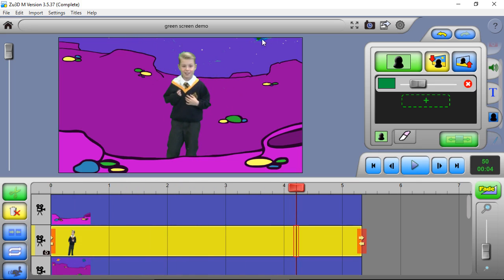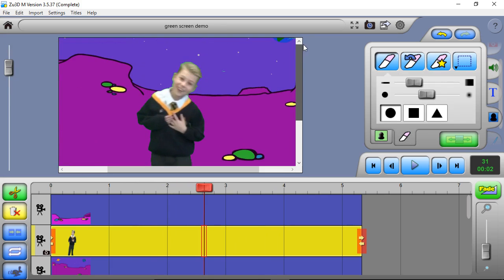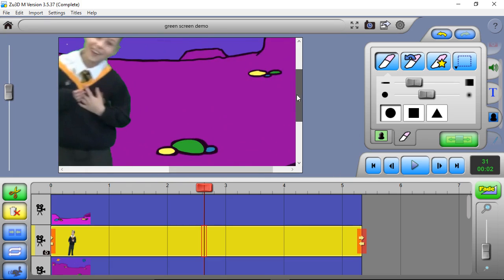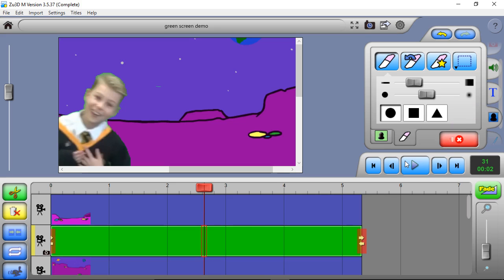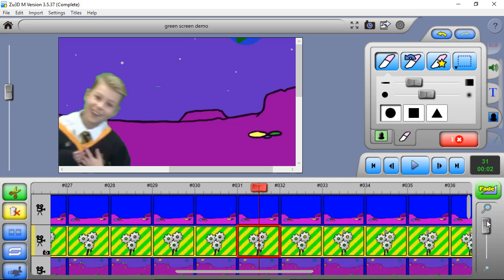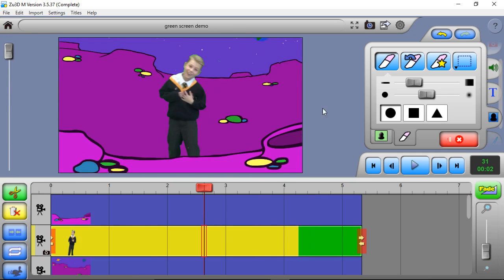Now, there's a few little bits of green that we can see up here. To get rid of them, if we go on to the tab here, we've got some more advanced tools. So we've got a rubber tool, so if we zoom in a bit, we can use the rubber tool to rub out bits on that frame. So that bit of green up there is on every frame, so I can rub that out, and then I can press this Apply to Whole Clip button, and it will run through, see it running through down here, removing that bit of green from every frame. So if we zoom out now and watch our film,